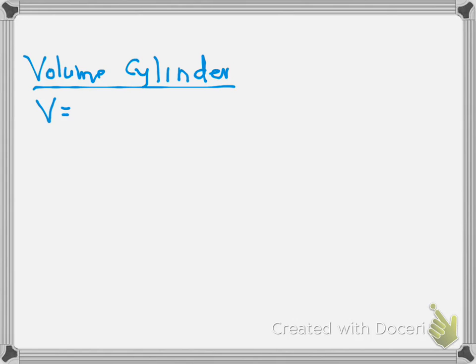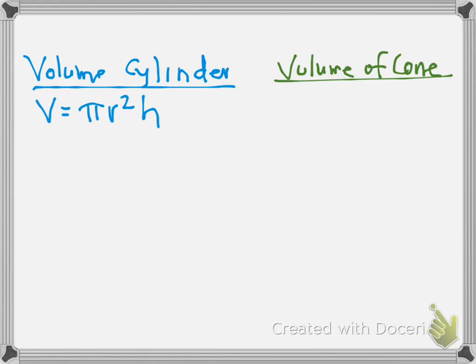V equals pi r squared, that takes the base place, times the height. And then we have the volume of the cone. And that's going to be 1/3 pi r squared h. That's it. So again, if you know the formula for the area of a circle,